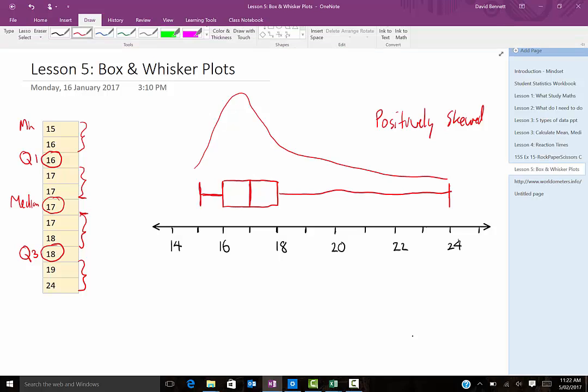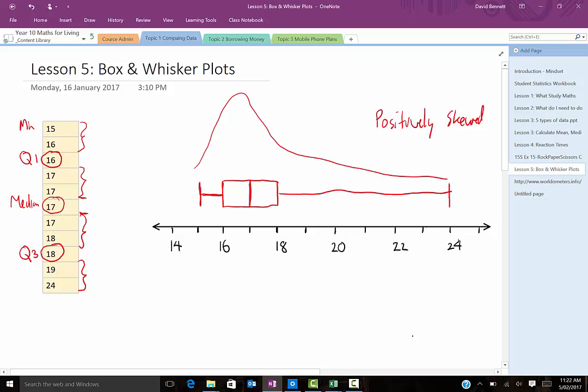If we had another set of data, I'm just going to draw something just to make it realistic for you. You might have another set of data. There's my box part, and then I might have my whisker part. And so therefore you could start comparing those 2 sets of data. Let's say if this was my dominant hand and this one over here was my non-dominant hand,